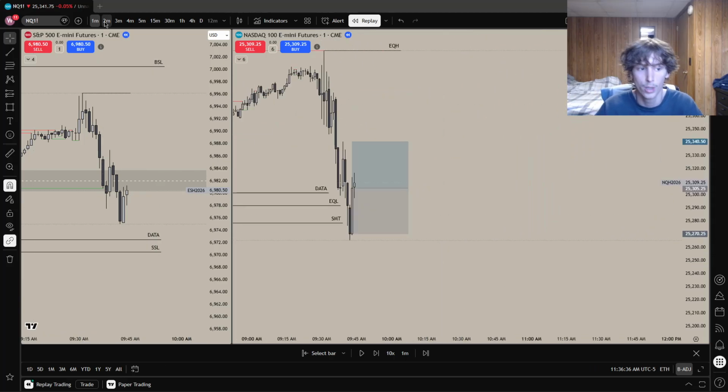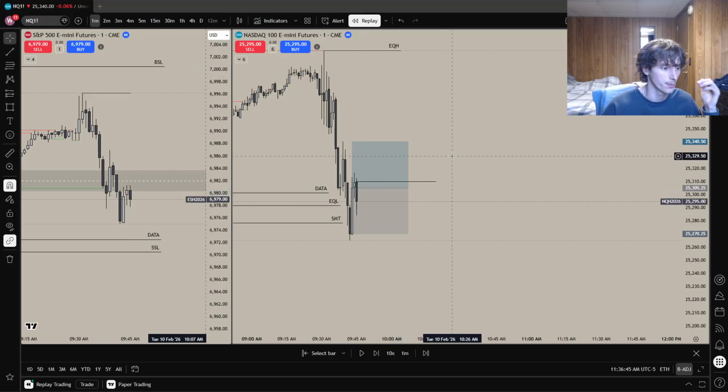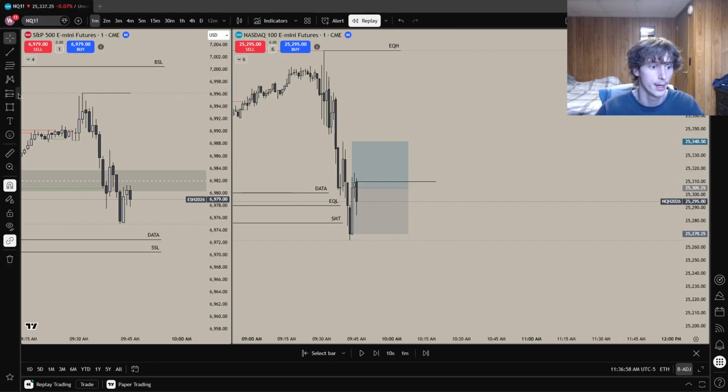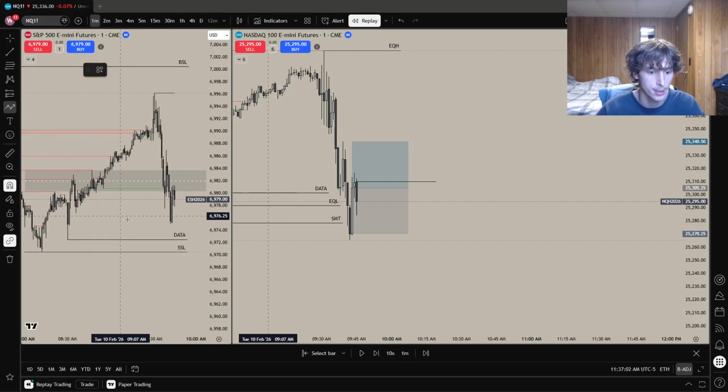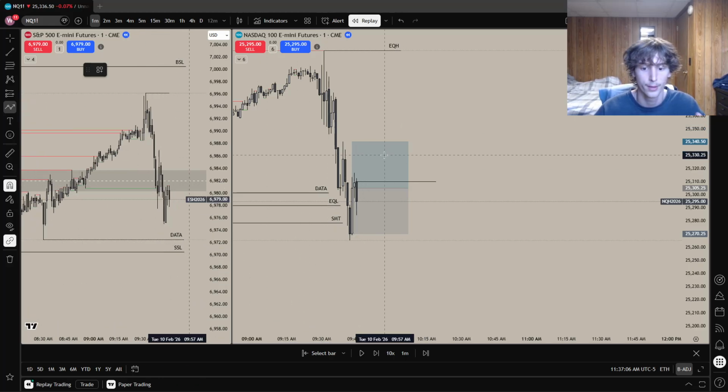Why did I fade this? Well, look at the time. It is 9:44, so our next candle is 9:45. 9:45 opens right here, and what can we expect high time frame candles to do? Well, they manipulate and then distribute. They will either do one or the other, but preferably our high time frame candles manipulate a low and then distribute towards that draw on liquidity, right? So if we can stack that with 9:30, that would be amazing because obviously ES has the potential to then go lower to take the sell side, and it's 9:45.